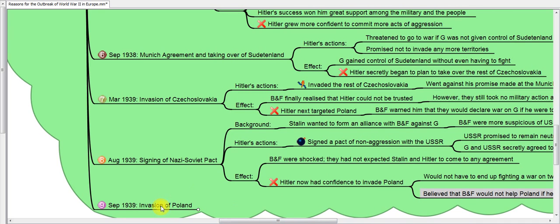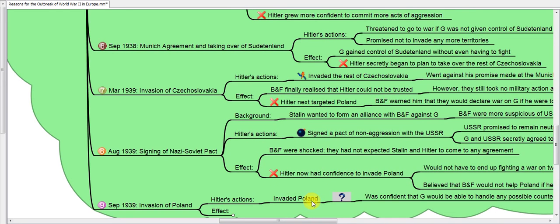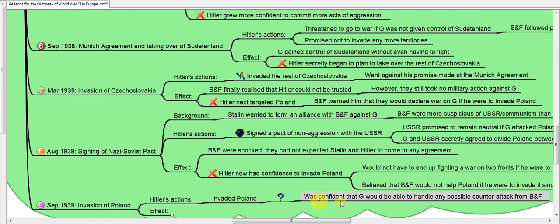Okay, and this is what happened shortly after the signing of the Nazi-Soviet Pact in September 1939. Hitler's actions: invaded Poland. Why did he do so? Okay, he was confident that Germany would be able to handle any possible counterattack from Britain and France, because you see, Germany had strengthened itself so much over these past few years. He felt Britain and France were not strong enough to stop him, and if Britain and France tried to stop him, Germany would be strong enough to handle it. Okay? Effect of this: